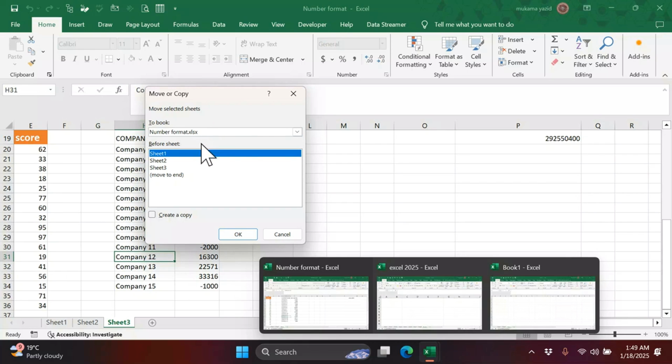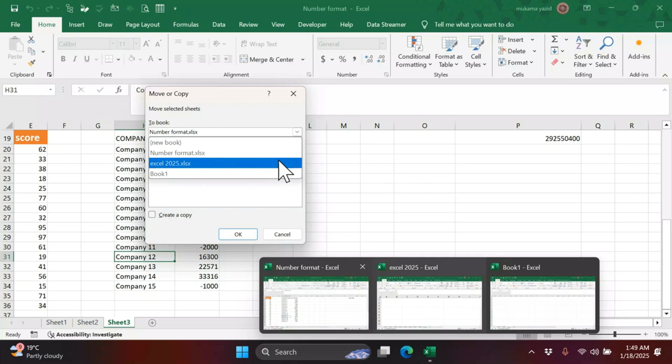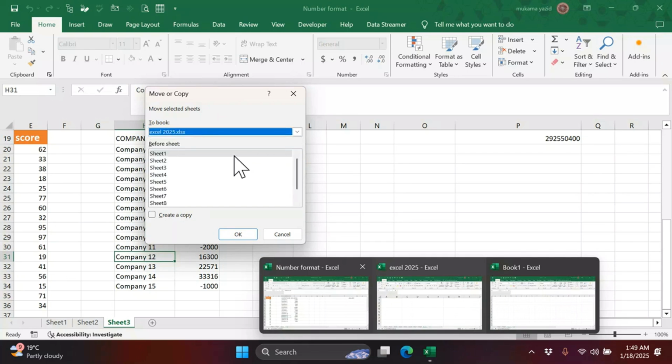If I want to create a copy within this workbook, I can just continue here. But this time I want to take this sheet to a different workbook. So if I come here and say no, I don't want this one which I'm working with, I want to move it to another workbook. So I will select that workbook,